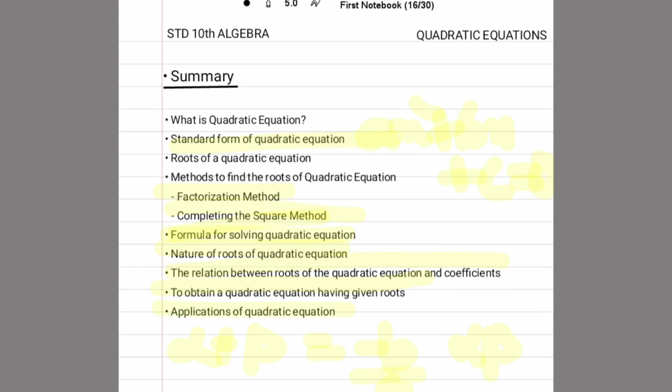Next was the applications of quadratic equation, which we learned in this video, and we saw the basic applications which were speed, length, cash, and something like this. There are many applications, so you can try the various questions which are given in your textbooks and solve these applications, right? So you will know where we use these quadratic equations. Okay, so this is what we have learned in this entire chapter, and I hope it was easy for you to understand. So yes, we will end the thing now.